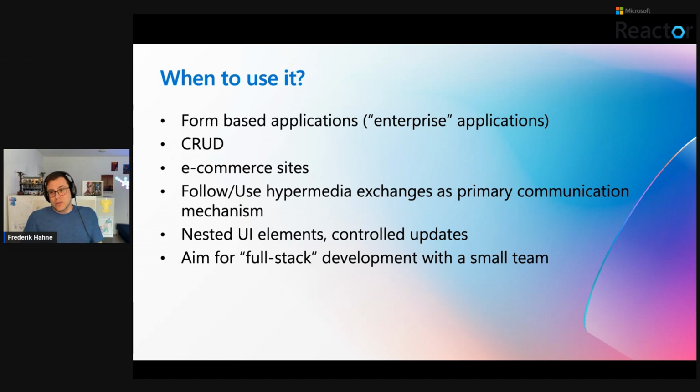Okay, so when to use HTMX? For everything? No, because we don't have the golden hammer for that. Most cases, I would say it's a good fit for form-based applications. So typical enterprise applications, you have a CRUD interface, an e-commerce site, and